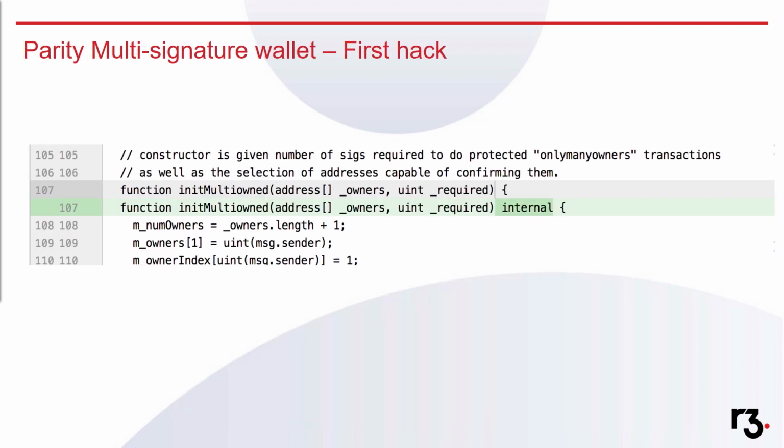The next one we'll look at is the Parity Multi-signature wallet library. There were two hacks on this library. The first hack was quite simple. So this library had a function called init multi-owned, which the developers left without a visibility modifier. So by default, it was public. I guess they didn't expect that. So it was supposed to only be called from the constructor because it sets the owner of the contract. So an attacker noticed this and made himself owner of 3 contracts on the Ethereum blockchain that had ICOs at that moment. So by being owner, he was able to drain all their funds and steal $32 million,